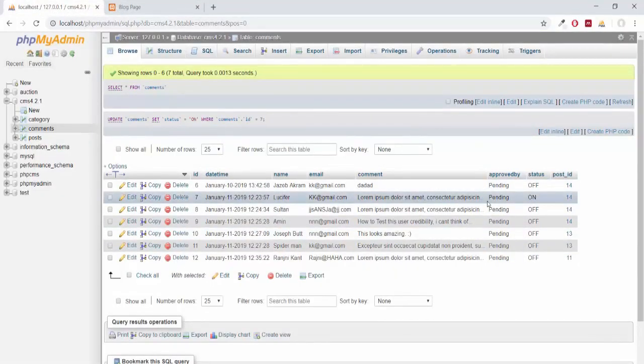So in the next couple of movies, we will design our registration system. By that, we can add the admin. We will add the login functionality on our CMS admin panel. And after that, we will track the admin who is logged in and doing all the operations. And by that, we will add the admin name to every single operation in the form of a log in our table of comments here, in this column of approved by. So let's work on our registration system of this course.